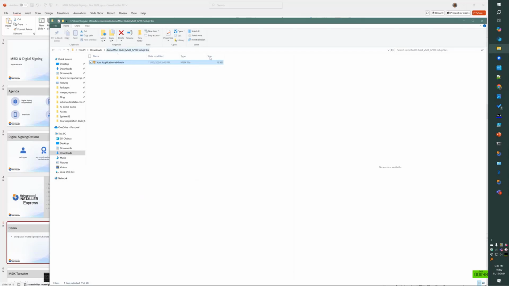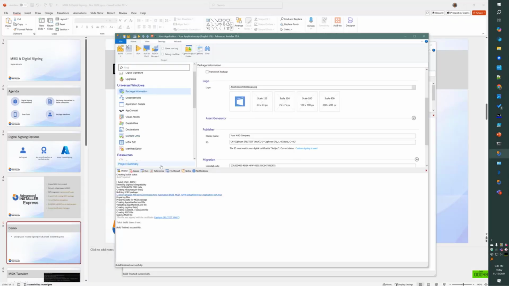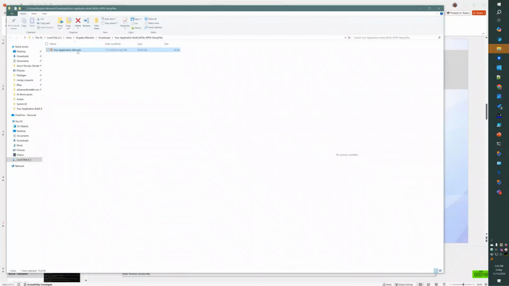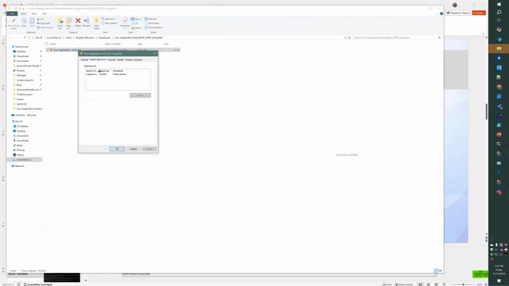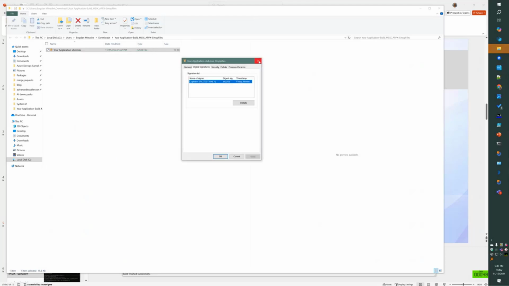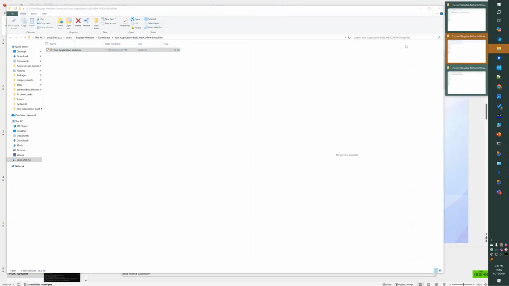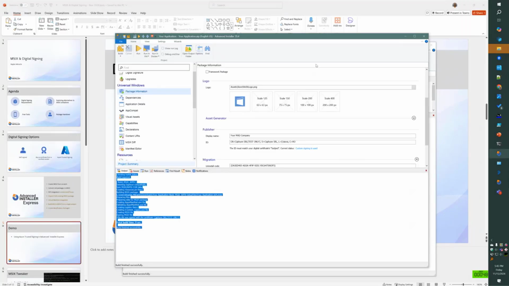Am I checking the right package? Let's see which package I'm checking. Yeah, okay, so this is the one that I want. So you can see the certificate got changed now. So that's how easy you can just swap between your certificates and use for testing or whatever